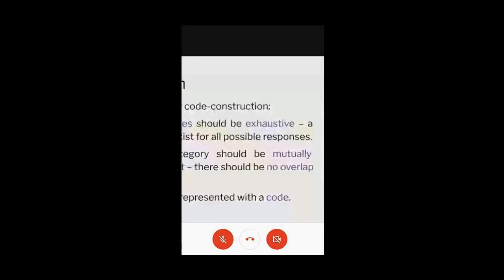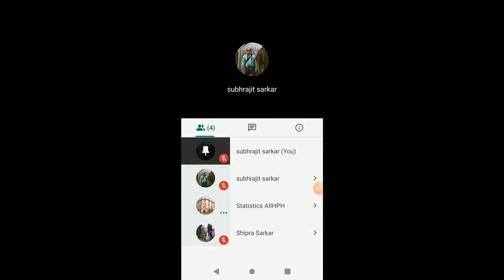If someone gets it, let me know in the comment section. And you may take a look how the thing is visible to us. So that is all how we can present in Google.